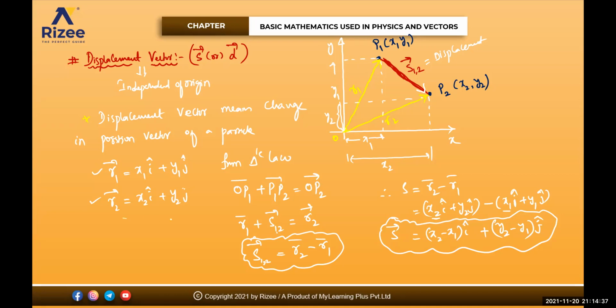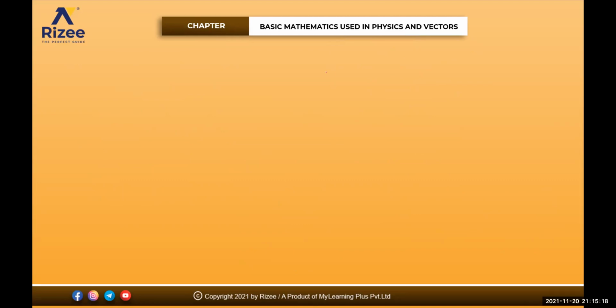What is R2? This value is your R2. What is R1? This value is your R1. So that value I have substituted here. Displacement vector will be equal to R2 minus R1. R2 is x2 i cap plus y2 j cap, minus R1, which is x1 i cap plus y1 j cap. All the i caps I have taken on one side, beta. So this one and this one on one side, and the other one on the other side. This one is i cap, this one and this one. The next one, this one and this one. Very good. I'll do one problem and we'll try to keep the full stop for today's session of the class on displacement vector, beta.